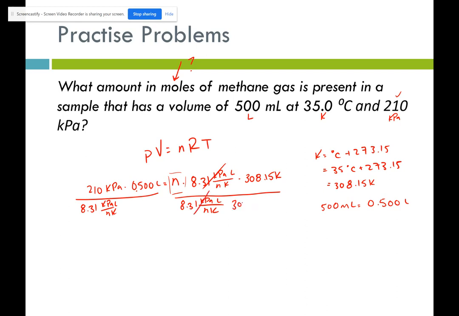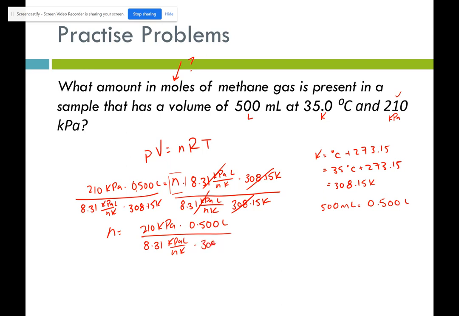And then we need to get rid of 308.15 Kelvin. Okay, get rid of this. So our moles is going to be 210 kilopascals times 0.5 liters divided by 8.31 kilopascal liters per mole Kelvin